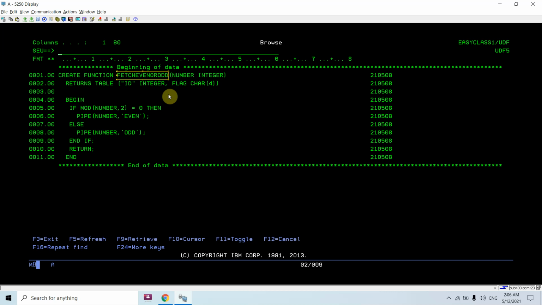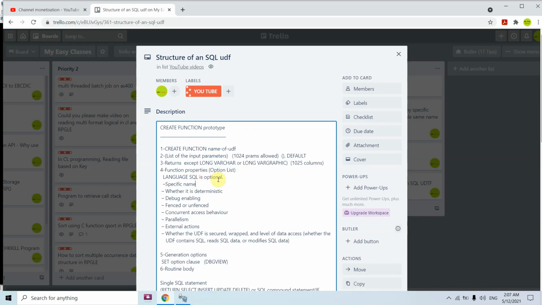However, you cannot call or invoke a function with the specific name. You have to use this long name. Whatever you specify in the specific will not be used for calling. However, if you do not specify specific and the function name is up to 10 characters, the name of the function and the specific name would be the same. So this is the important point one must know about why we are using specific. It basically lets us drop a function.